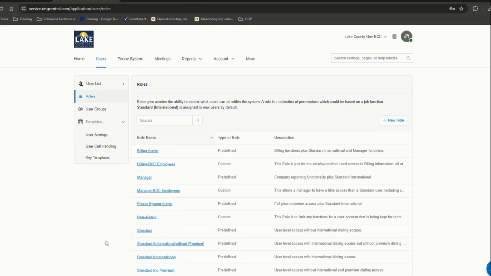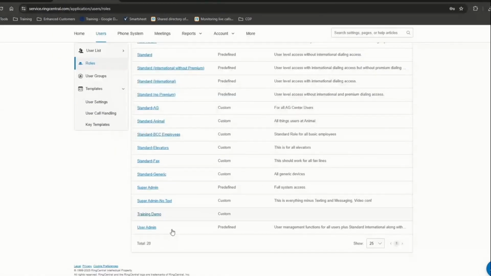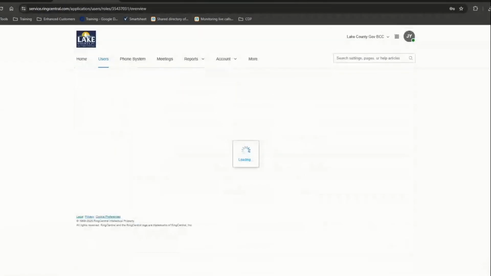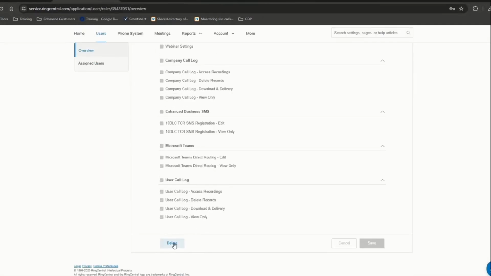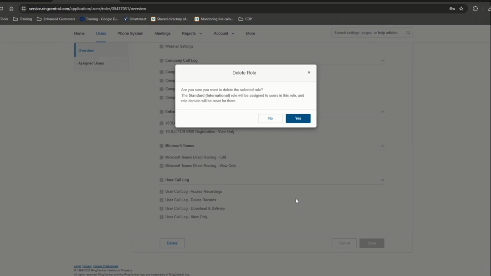Roles are a little bit different. You have to select the role you want. So, training demo, scroll to the bottom, and there's the delete option. Okay. Now, again, just a reminder, best practice, we say when deleting roles, anyone that is currently assigned that role,